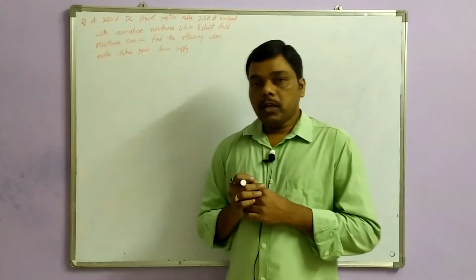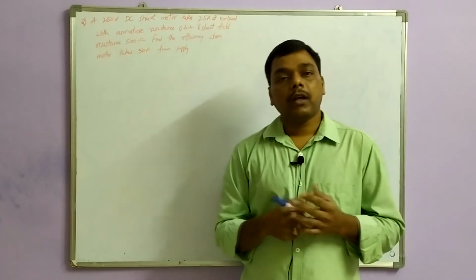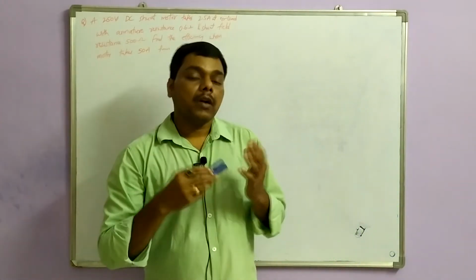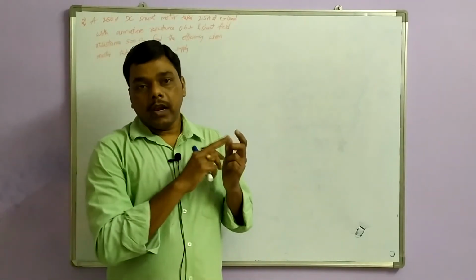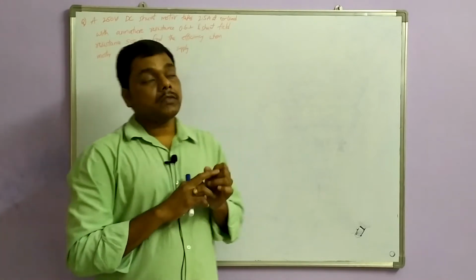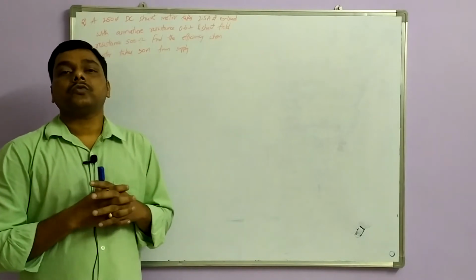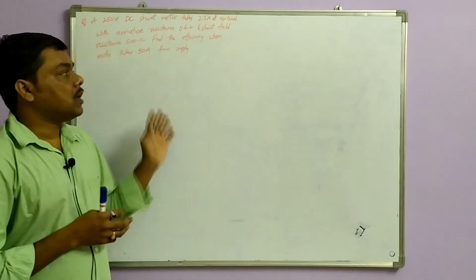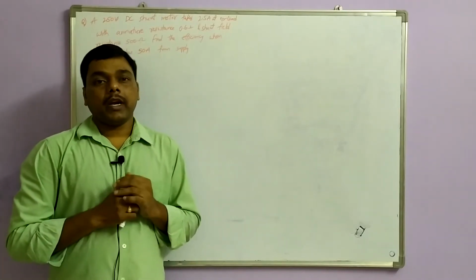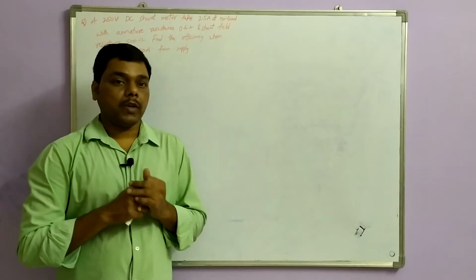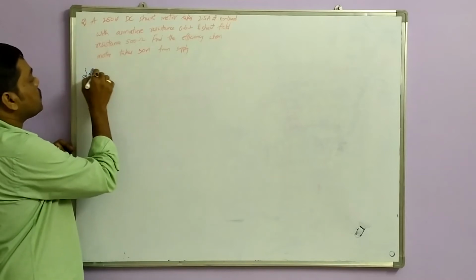By using the no load current of 2.5 amperes, we can determine the losses. Which losses? Constant losses. What are the constant losses? Iron, mechanical and shunt field copper losses. Since we can consider it as a DC shunt motor, the shunt field copper losses are also constant. So we will find out the losses, then we'll go for the efficiency of the motor at 50 amperes load current. Okay, now the solution: first write the given data.